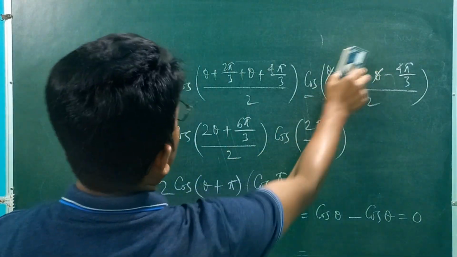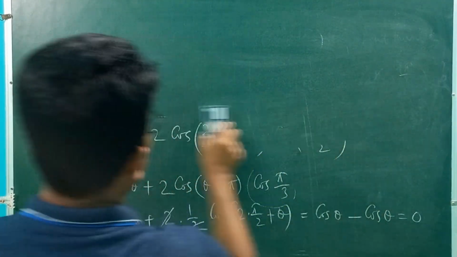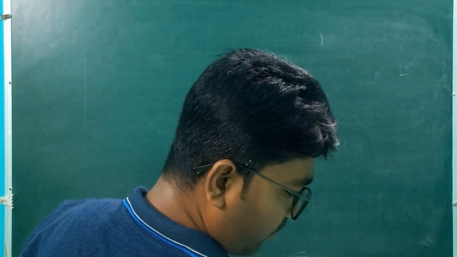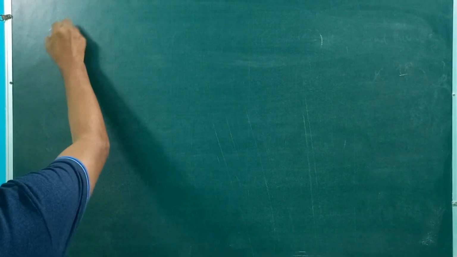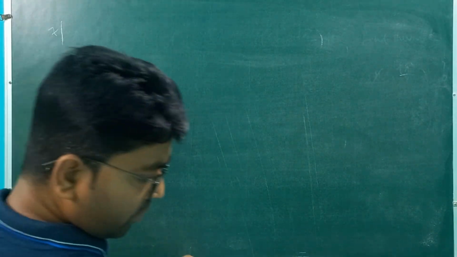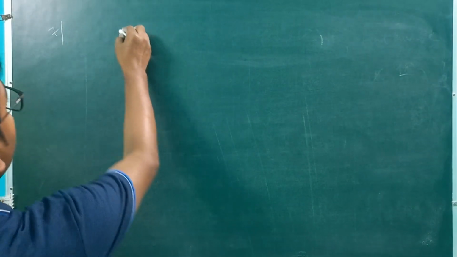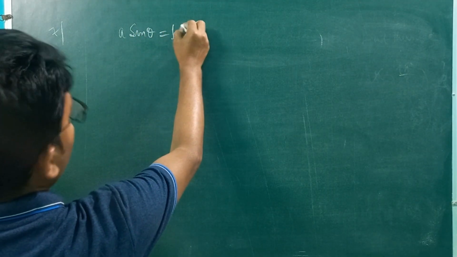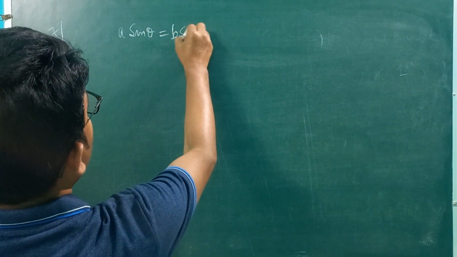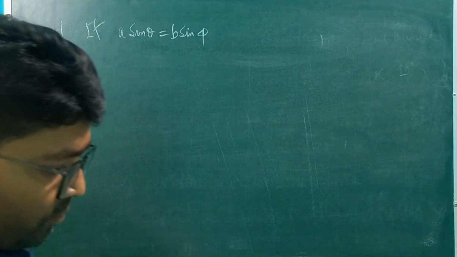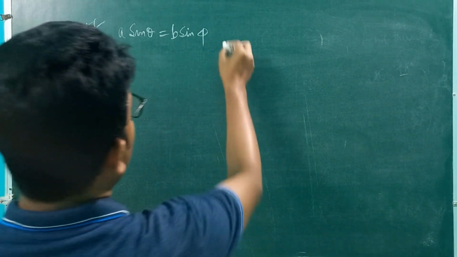Now let's do the seventh problem. The seventh problem is very important in many exams. These problems are given. We have given a sin theta equal to b sin phi. Then prove that